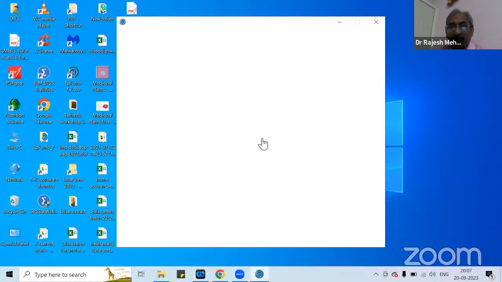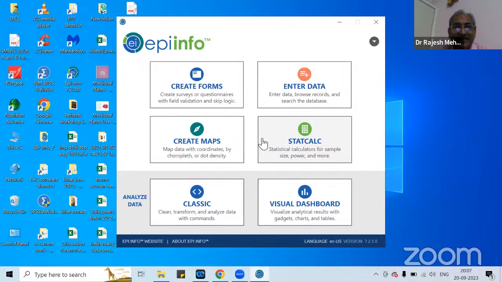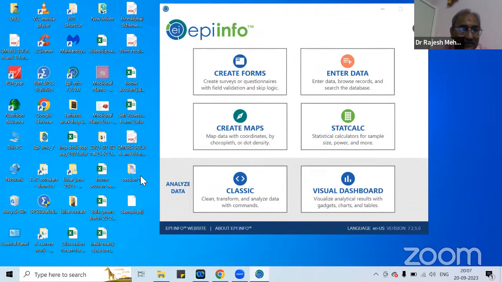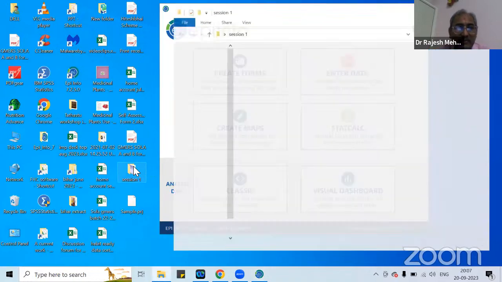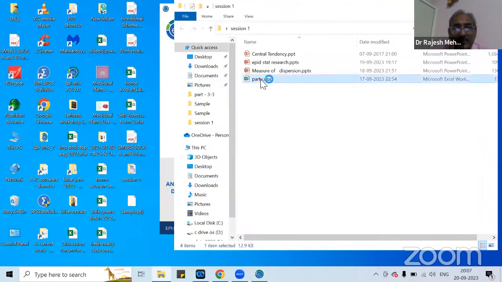Now, the most important thing is where your file lies and whether Epi Info can identify it or not. That is the crux of the matter. So you should know where your file is. First, let us see how to find the Excel file. If your Excel file is over here,